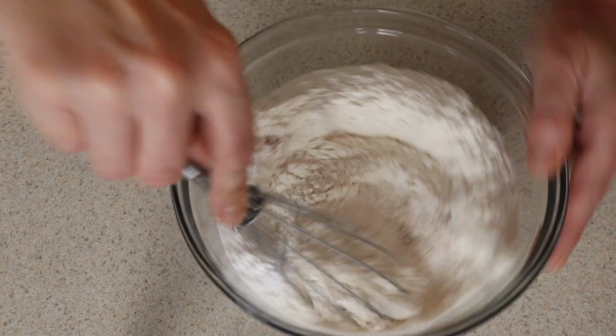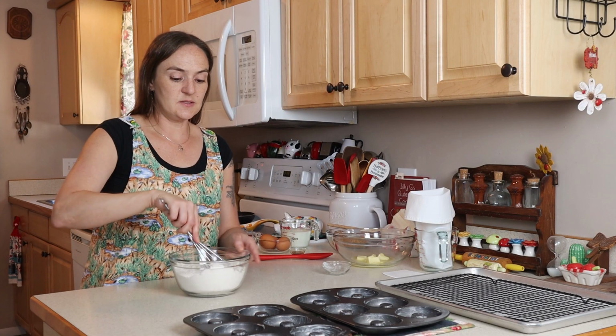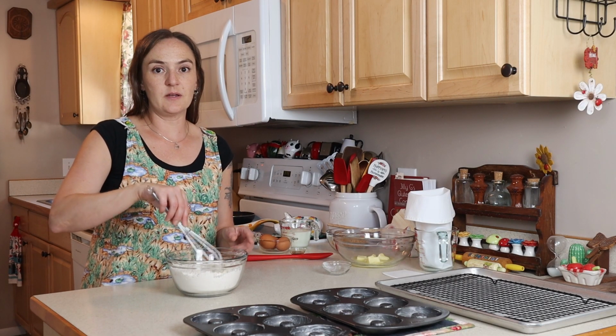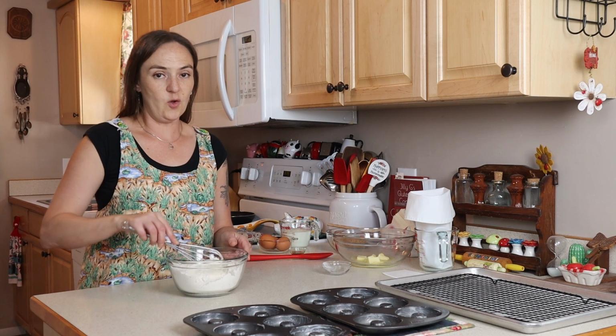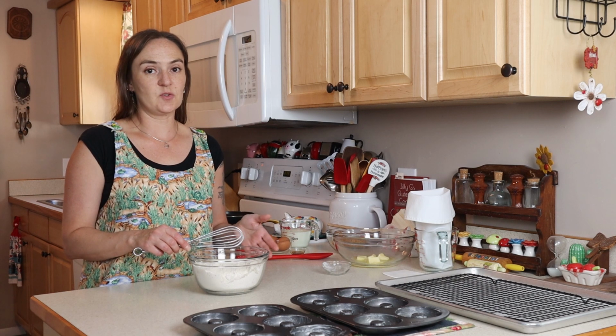And then just give this a mix. It doesn't take very much at all. So these donuts are just kind of a vanilla nutmeg flavor. Not a whole lot of nutmeg is in here, so it's just a hint of nutmeg, but it's a really nice